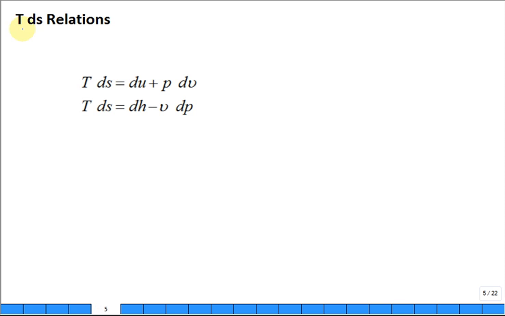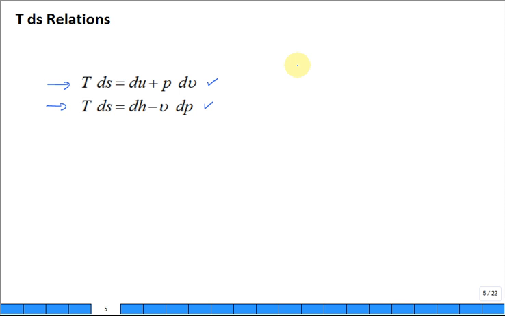We go back and we recall two relationships. The first and the second TdS relationship. This is one of the major building blocks. And then we use those mathematical relationships to build others. We used these way back when to get an expression for entropy changes, especially for ideal gases and incompressible substances. That's what we used them for back in chapter 6. Now we're going to do it for anything. It doesn't have to be an ideal gas. And it doesn't have to be an incompressible substance.